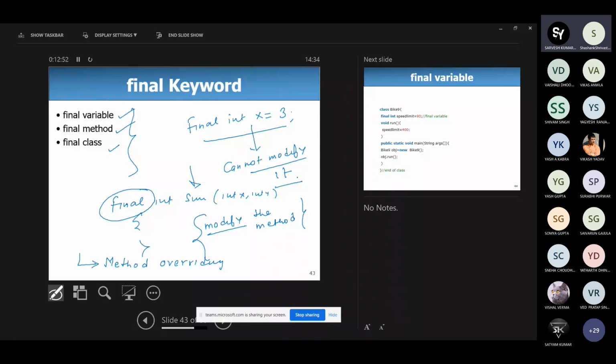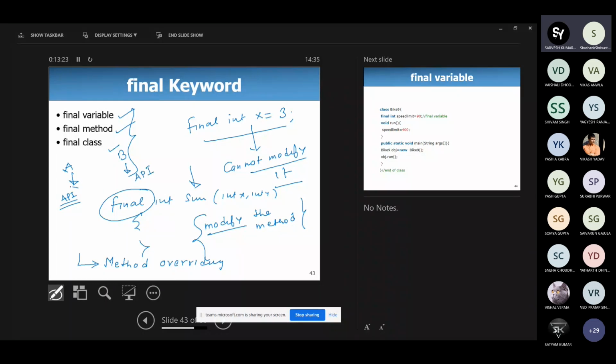So what is the significance of declaring any method as final? Suppose there are two companies, A and B, and A builds an API or package for a certain application. Suppose A builds an API for a machine learning application, and B is another firm which also builds an API.